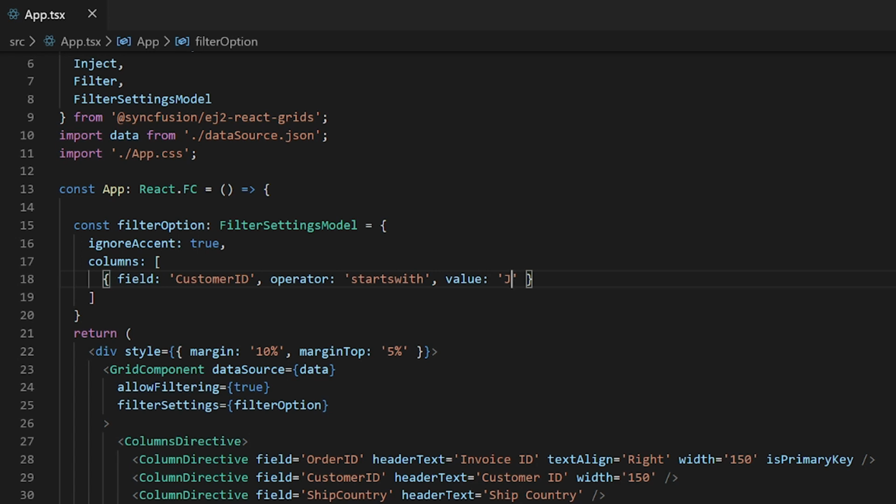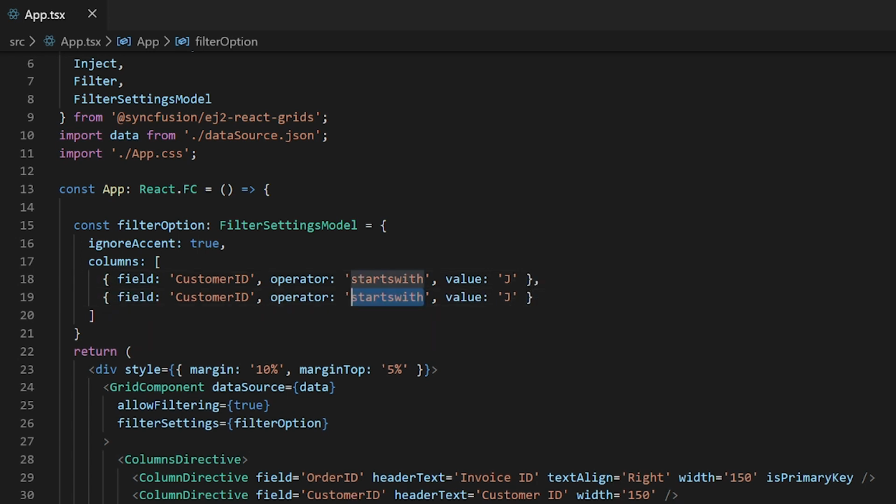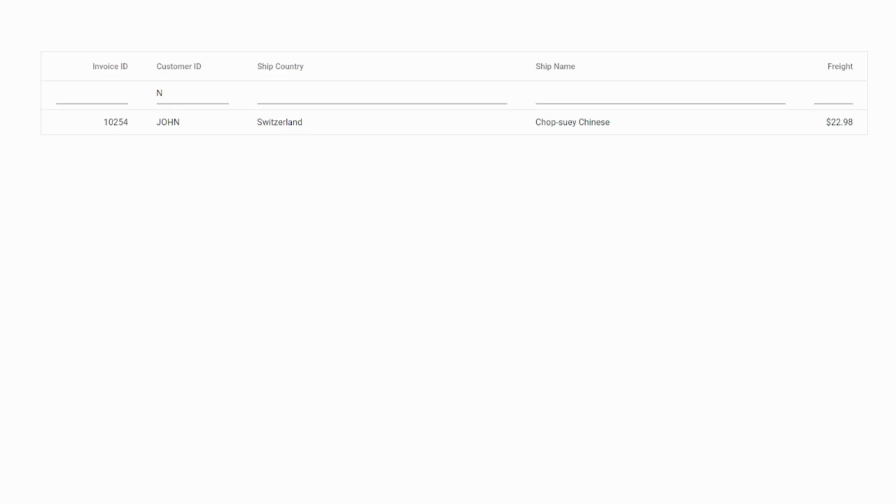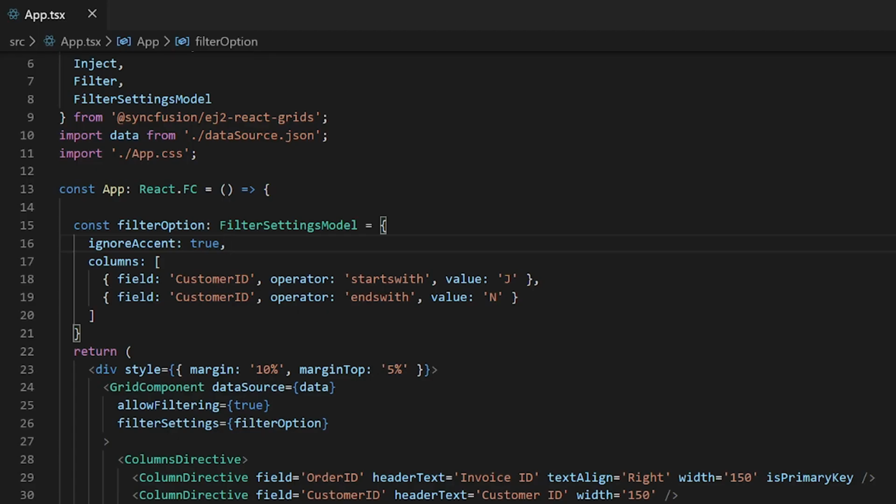I will add one more condition where the operator is ends with and the value is n. In the output, you could see the filtered grid rows displaying the customer ID that starts with j and ends with n.